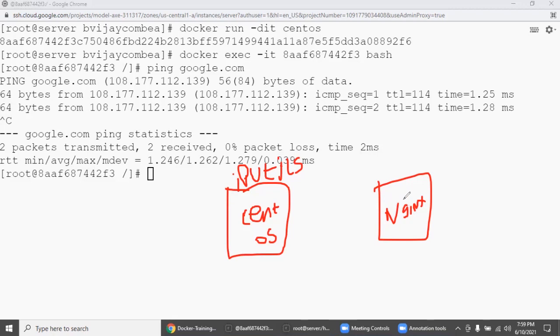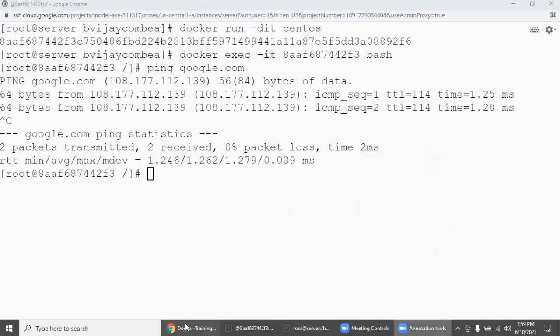Nginx is a web server. So web server related packages are installed and stored in the Docker image repository. So this is the simple concept you all need to understand. That is why the spinning time is very, very fast, because only what I need is available, meant for that package, meant for that container, meant for that purpose. Simple, right? Let's delete this. Go back.